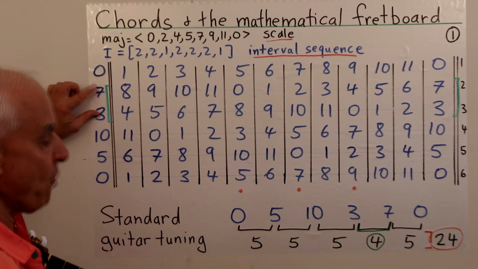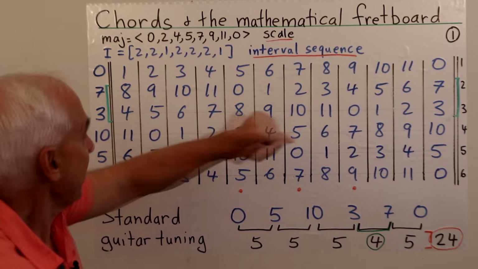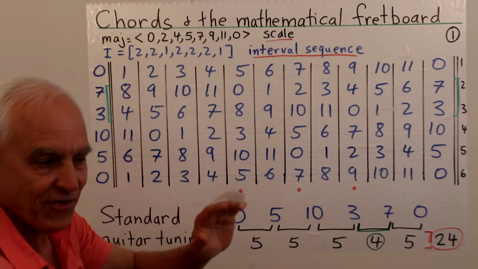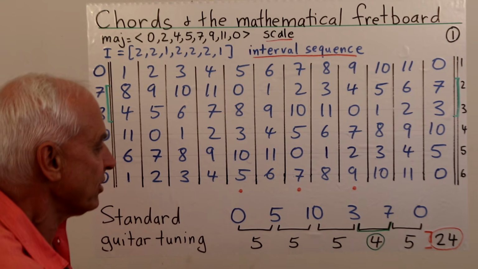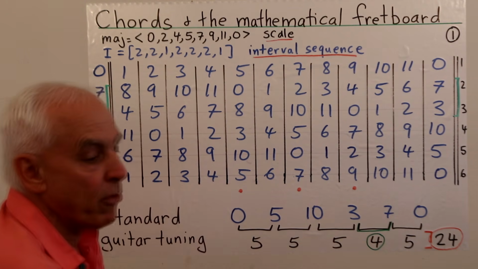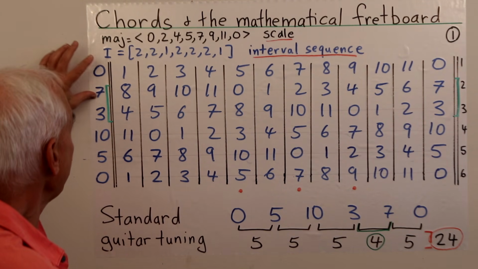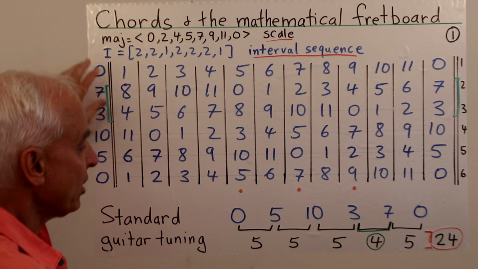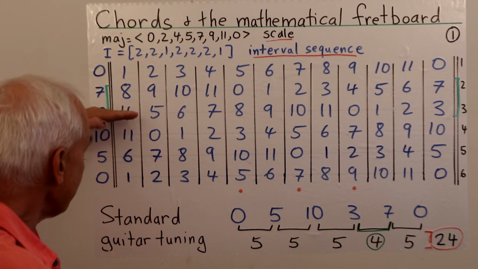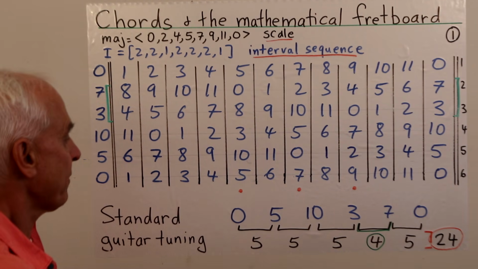And then there's a 4-step. So the step from string 3 to string 2 is a little bit different from all the other ones, and that's a key point in the whole story of the guitar. There's an interval there which is a 4-step, or a major third in traditional language. And then the final interval from the 7 to the 0 is another 5-step. So we have perfect fourths between each of the successive strings except between the third and the second. There's something a little bit different between these 2 strings.